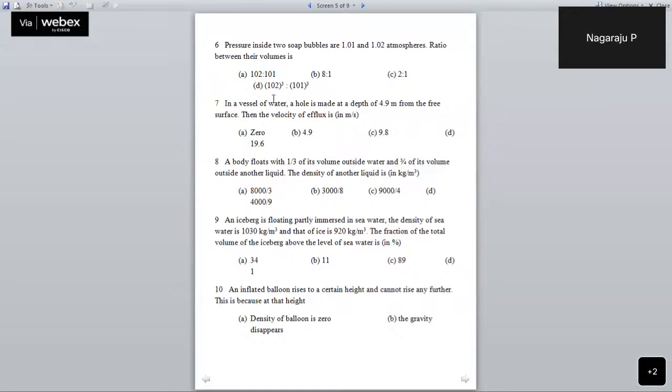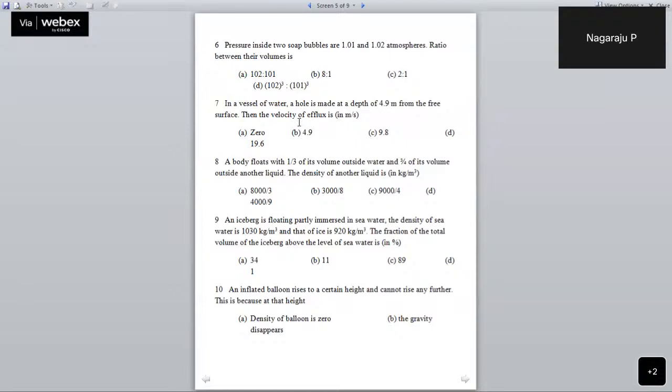So anyway, you don't have to bother, but here you find all the choices. For question number 6, you have to work out the excess pressure inside the first bubble, you have to take it as 1.010 minus 1, and that you can write as 0.01 atmosphere. And the second one is 1.02 minus 1, that is nothing but 0.02 atmosphere. And remember, the pressure is P is equal to 4T by R1. Of course, this relation also to be discussed. And the other one is 4T by R2.